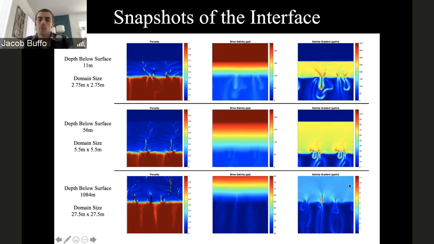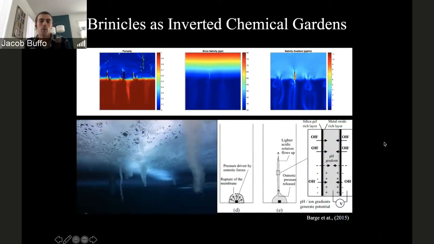salinity. That's one of the things we're really interested in from a metabolic side of things, because these large salinity gradients in these regions could be taken advantage of by different microbes. When we take a closer look at one of these, one of the things people have suggested is that at these interfaces, where you have large salinity gradients, you could have a system that would almost be like an upside down chemical garden that we would see on Earth, where you have this huge, drastic change in salinity across an interface,